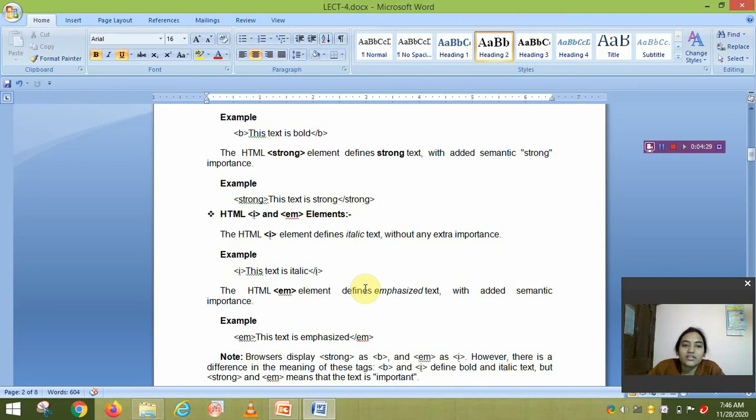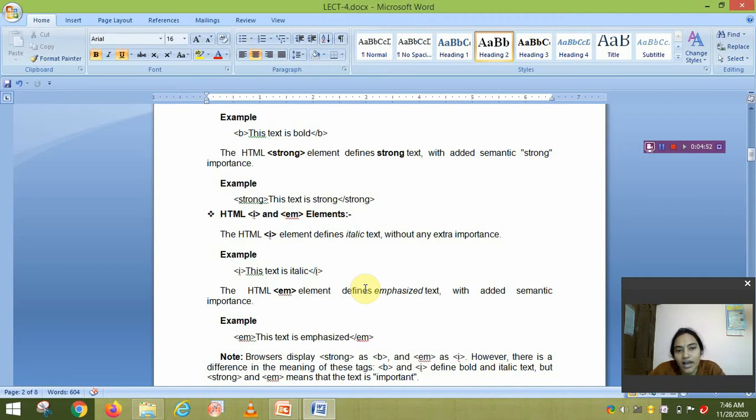Okay, let us discuss I and EM. I defines the text in italic form without any extra importance, but EM also defines the text as italic or emphasized text with added semantic importance.